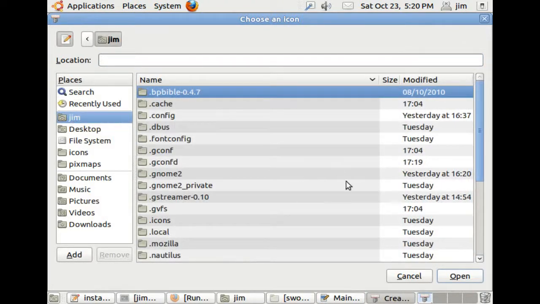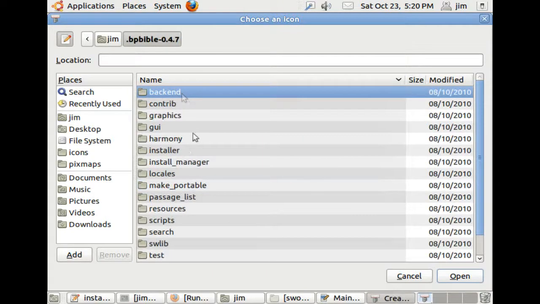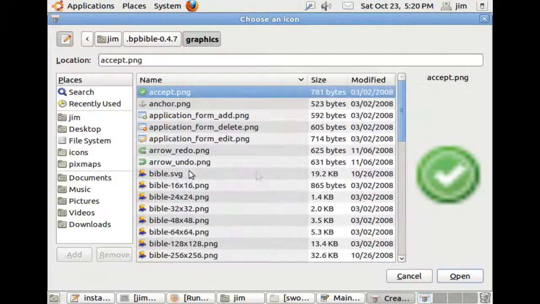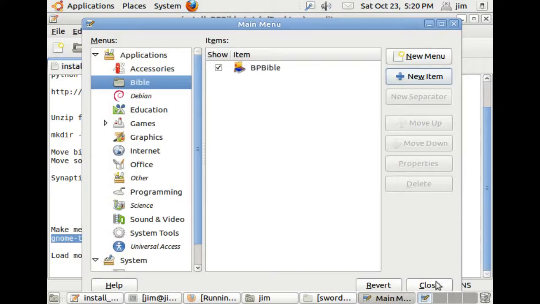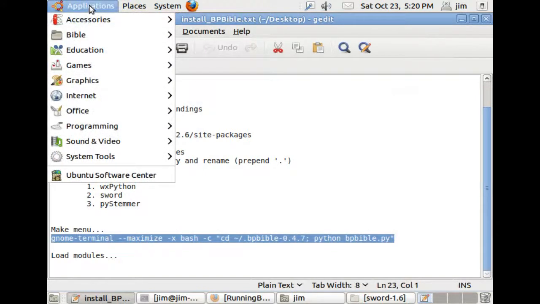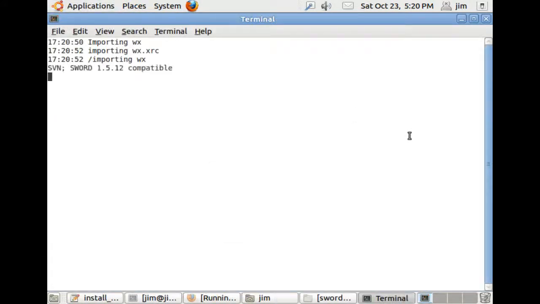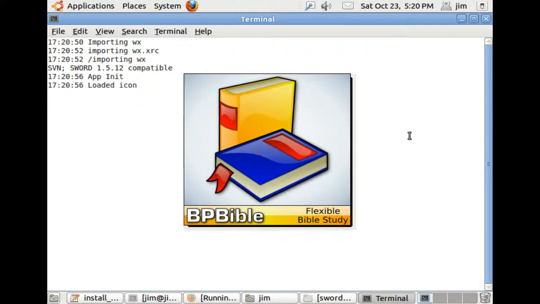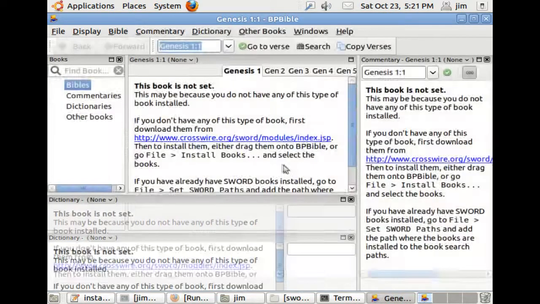Now, if the hidden files don't show up, you want to right-click on the area there and then check that checkbox so that you can make the hidden files show, and then select the graphics directory, and OK, and now it shows up. So close that. Now we can go up to applications. There's our Bible, bpbible, and click on it. Everything starts running. It loads the icon, the splash screen,